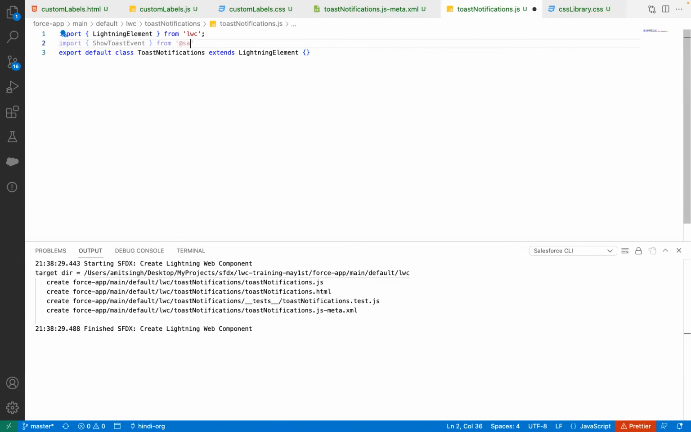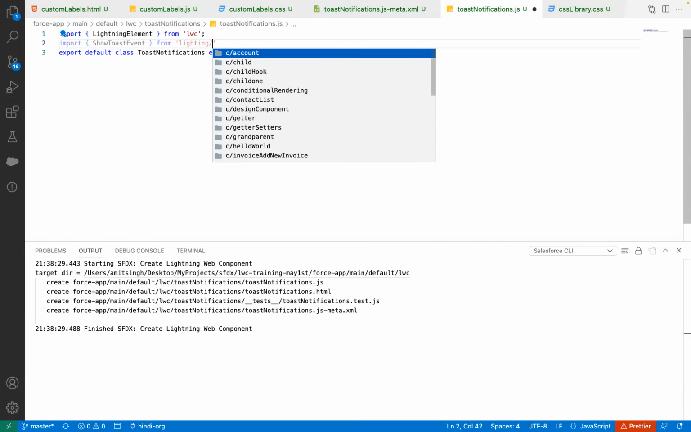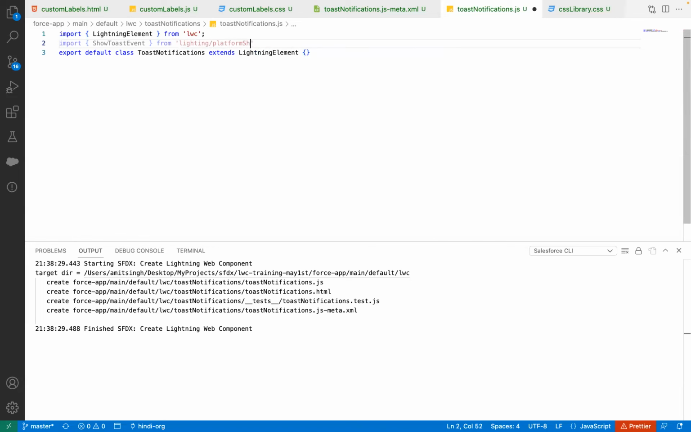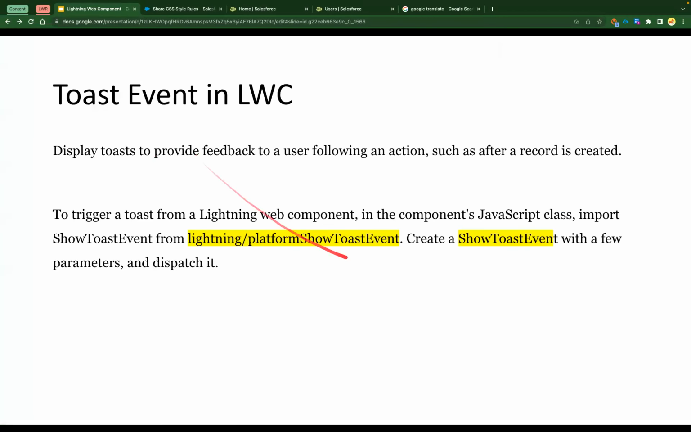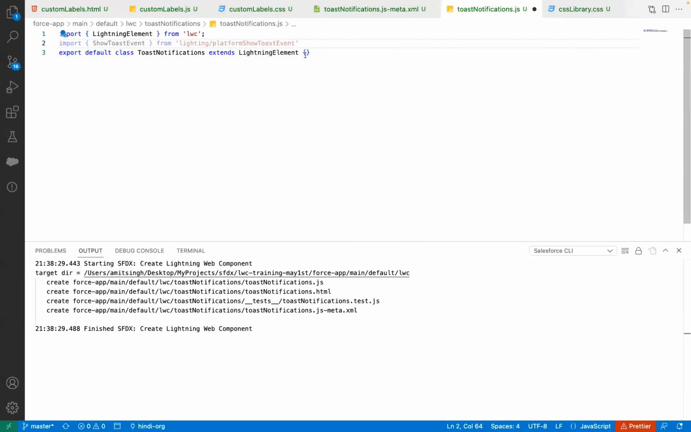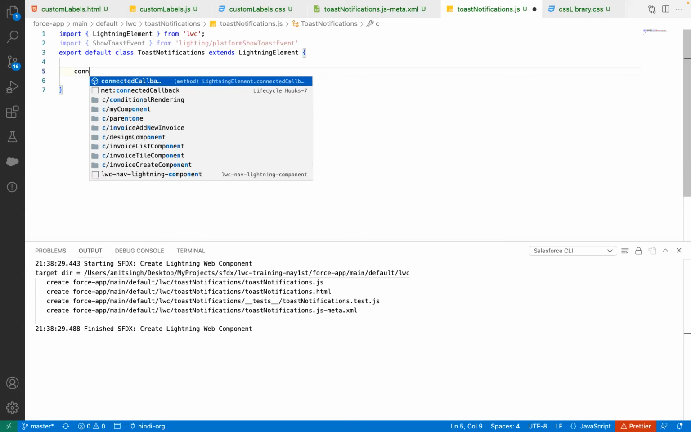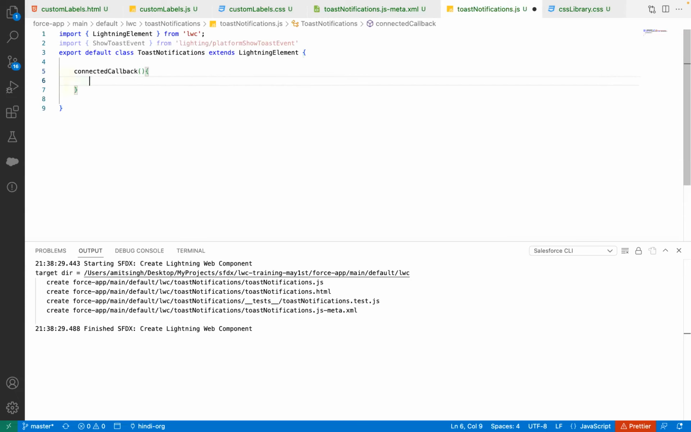lightning/platformShowToastEvent. Okay, not Salesforce, it's going to be lightning/platformShowToastEvent. I'll just cross verify it once. It's lightning/platformShowToastEvent, and ShowToastEvent is a method. So we've got it here. Now, as we talked about in the previous callback methods, we can fire the event in the connected callback or from the rendered callback as well. So we are going to utilize a connectedCallback here,